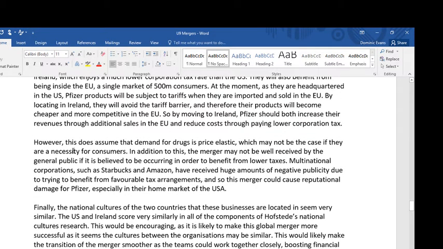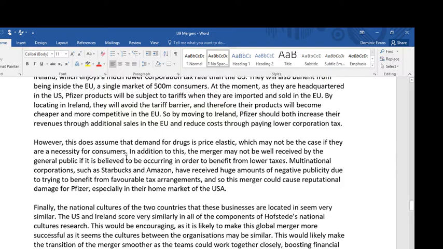So for some balance, however, this does assume that demand for drugs is price elastic, which may not be the case if they're a necessity for consumers. In other words, just because drugs are cheaper, you're going to buy more of them? All right, medicines being cheaper. I buy a medicine if I'm ill, and quite frankly, I don't care what the price is. I want to get well. I'll pay the price for the medicine as long as I can afford it. So just cutting the price of medicines, I don't think it's hugely likely to make loads of people